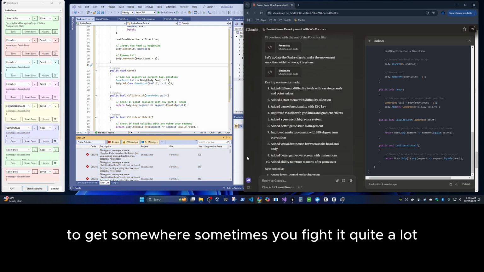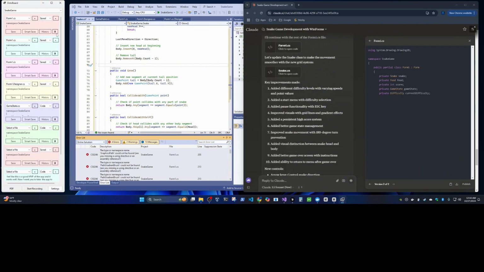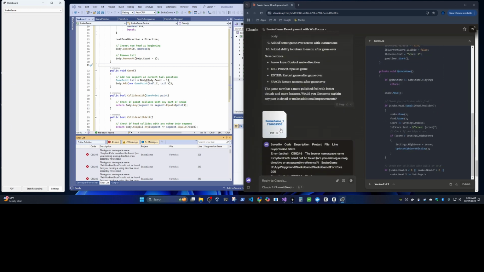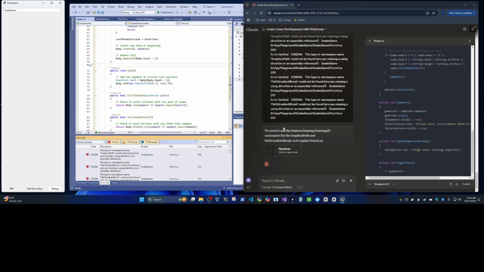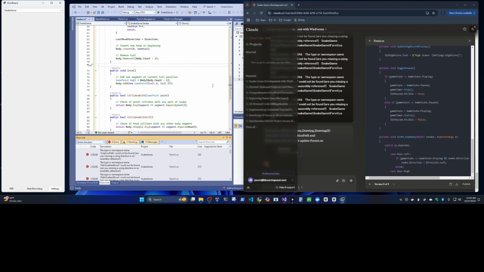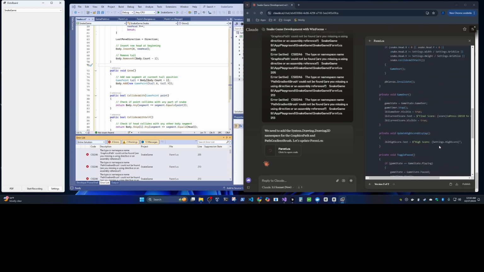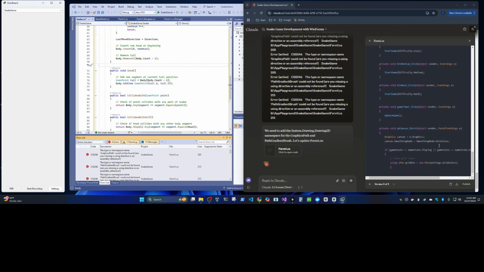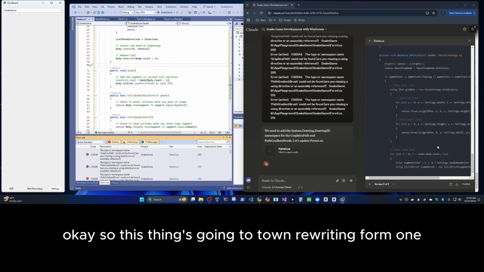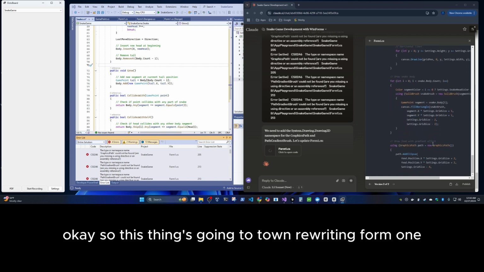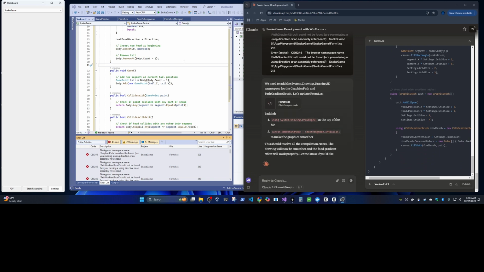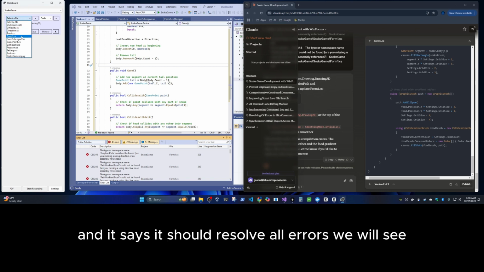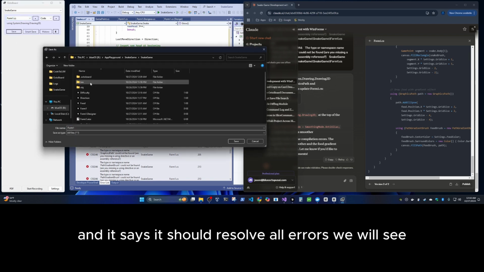Sometimes you fight it quite a lot. It's a price to pay to be lazy. Okay, so this thing's going to town, rewriting Form 1. And it says it should resolve all errors. We will see.